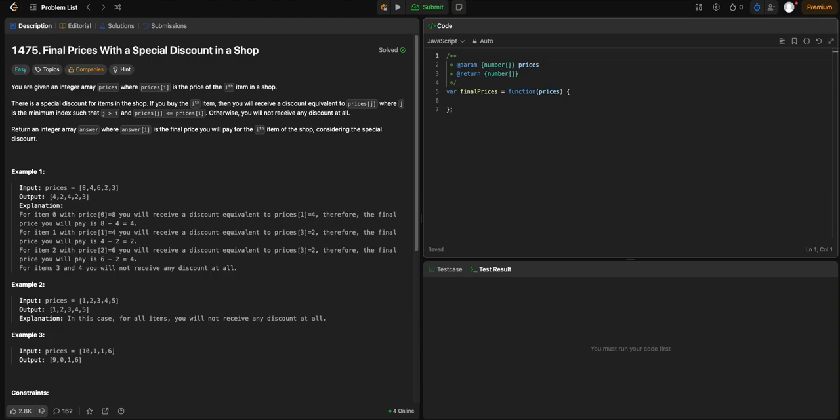Today I'm doing Leetcode problem 1475, final prices with a special discount in a shop. Alright, so it says you are given an integer array prices where prices at i is the price of the ith item in the shop. There is a special discount for items in the shop. If you buy the ith item,